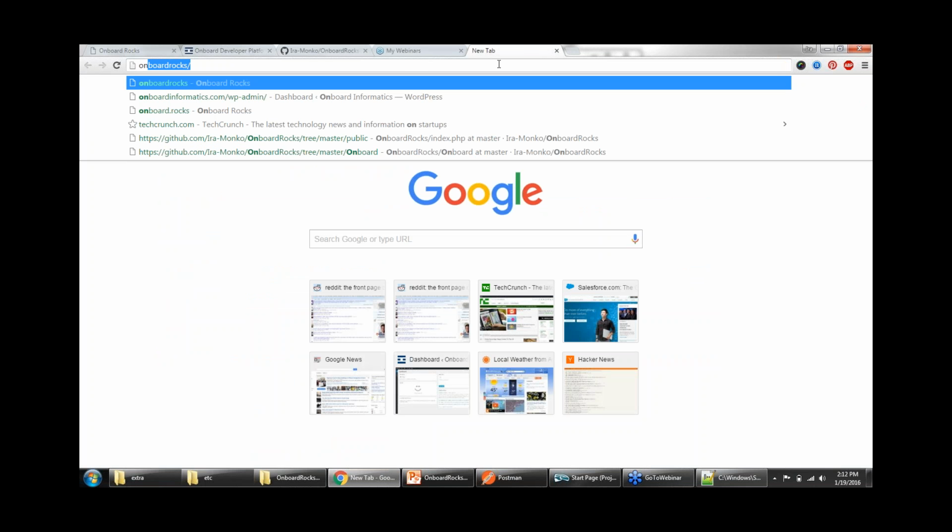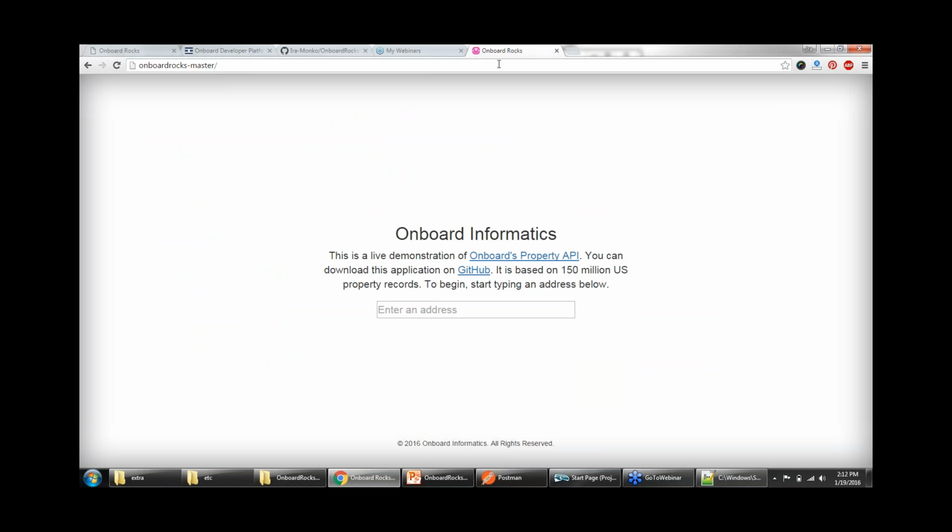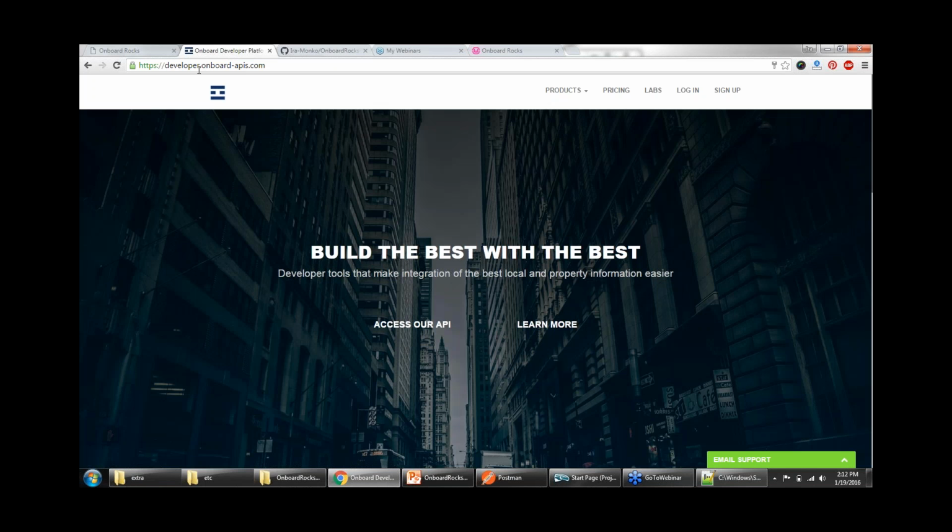And hopefully, if I do Onboard.Rocks, master, and if I spell it right, there we go. It's running locally. Now, however, before I can actually hit the API, I need to make sure that I put in the API key. So you can go ahead and go to